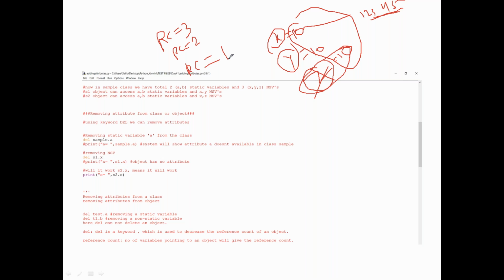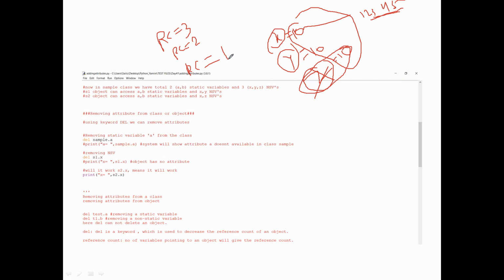What I'm trying to tell here is that the reference count is used to decide whether to hold the value temporarily or permanently in your memory, or once the reference count becomes 0, that means even x equal to 10 has become 0.